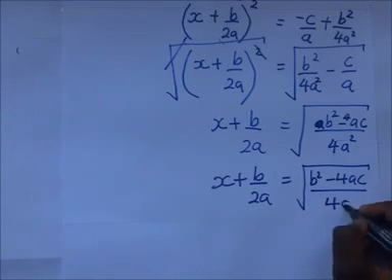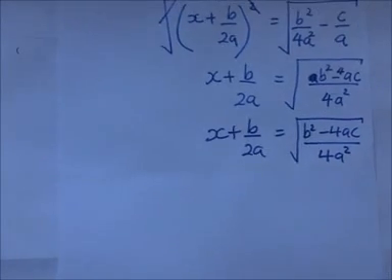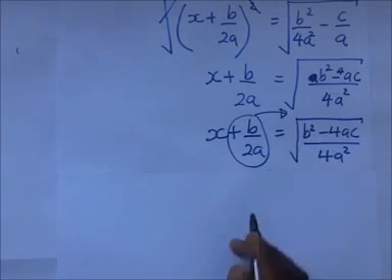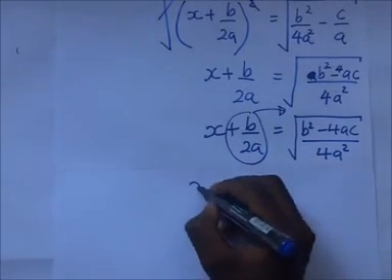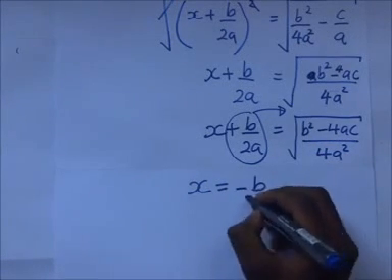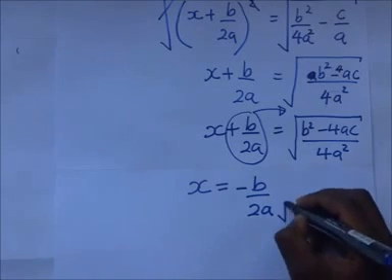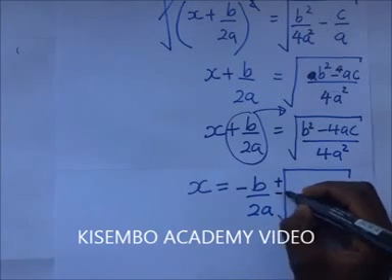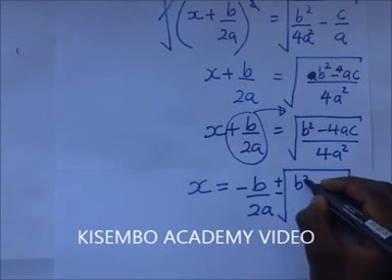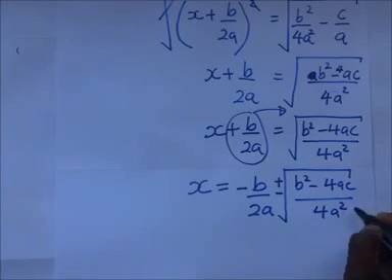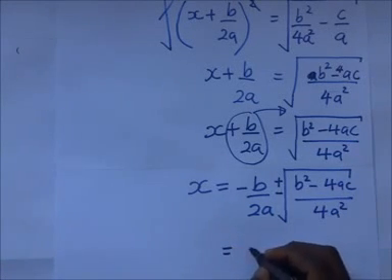over 4a squared. So this term is going to move to that side. And when it does, we remain with our value of x as negative b over 2a under the square root. Now remember, this square root is either positive or negative. So it's positive or negative b squared minus 4ac over 4a squared. And of course this will become negative b